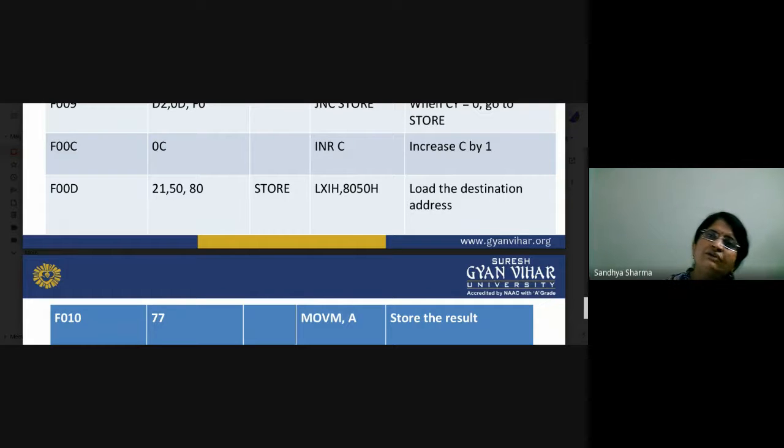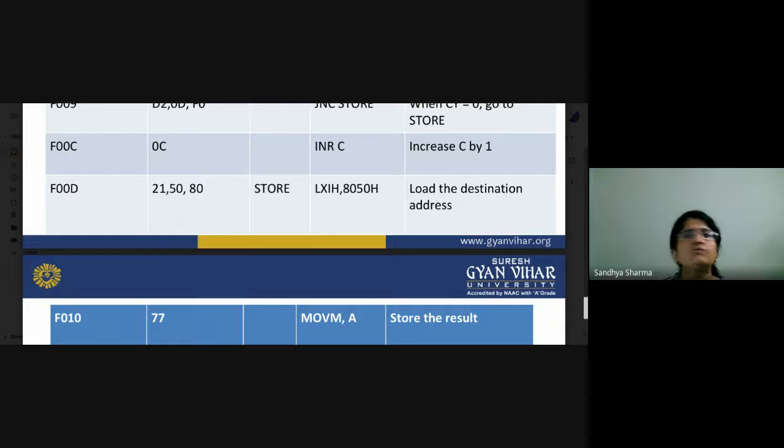At that point, you can also use the MVI instruction, and with that MVI instruction, the data from that particular memory location will be loaded to that particular register, and then we will use the ADD instruction.